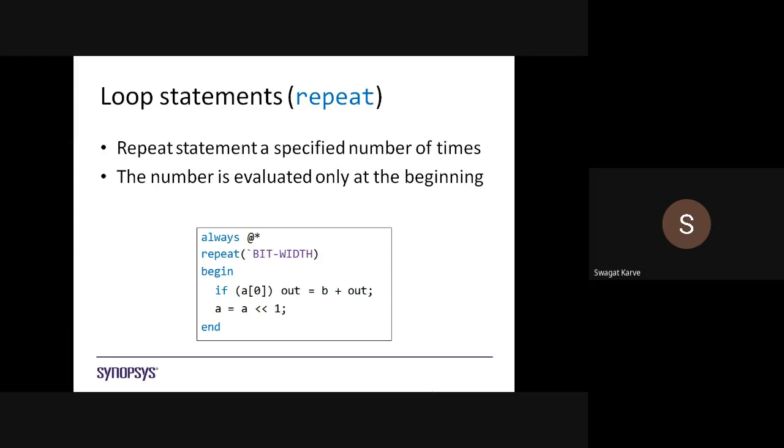Okay, it is somewhat similar to the for loop, but here you just give the number of times it should repeat. In it you cannot put increment or decrement operators. For that you have to write in the expression part. Okay, repeat will simply check the count of that bit width, meaning how many bits A is, 8 bits, then it will execute the loop only 8 times. A simple meaning of this repeat loop.